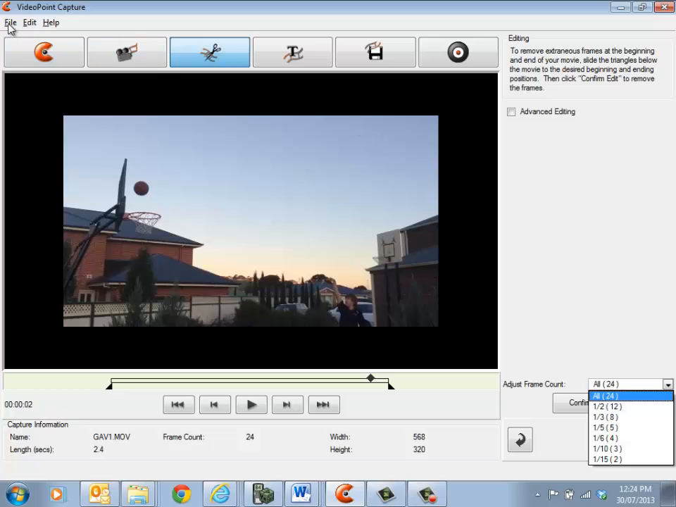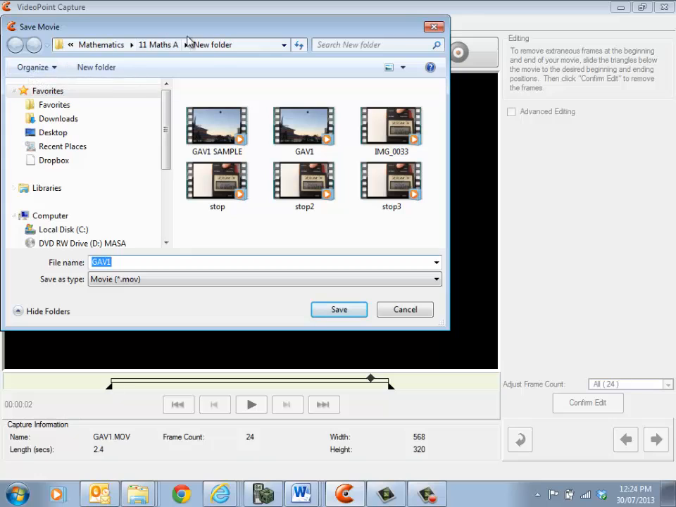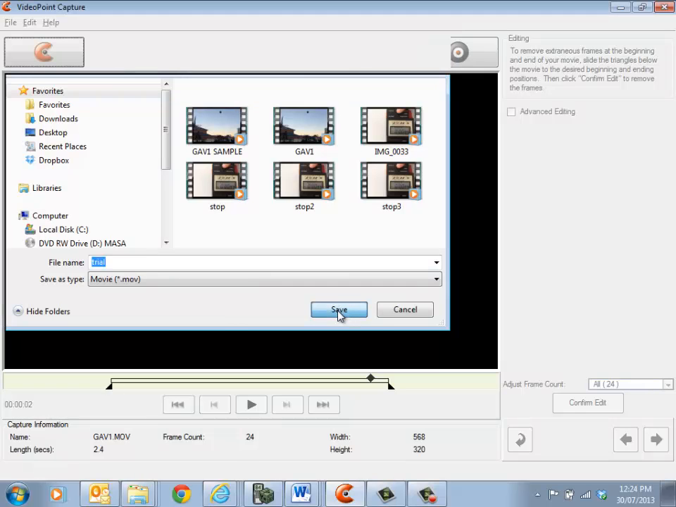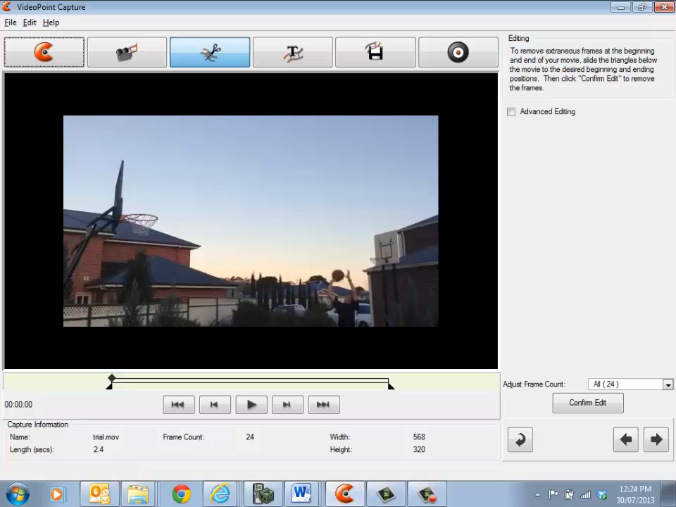So I've done that, and I need to now save that as something. And this is into Year 11 Maths, new folder, and I'll call this our trial. Alright, now it's all in QuickTime. Alright, so we're saving it as a MOV file. That's what QuickTime actually uses. Alright, so save. Alright, now I'll get out of there and I'll go into the next part of that program,